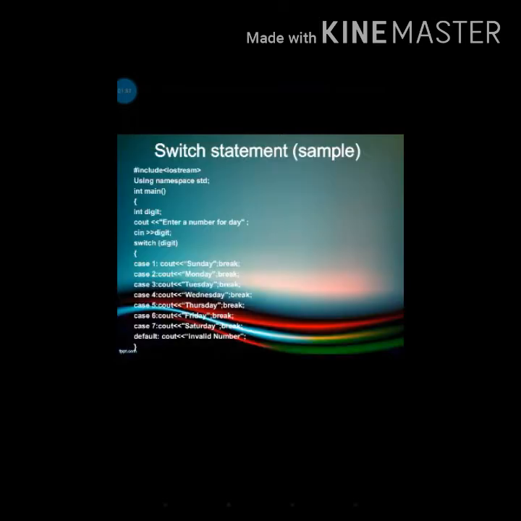Next, switch statement. The switch statement is a multi-branching statement, and here the switch statement includes a test expression. The test expression is checked with the number of cases. If the digit is 1, the output will be Sunday. If the digit is 2, the output